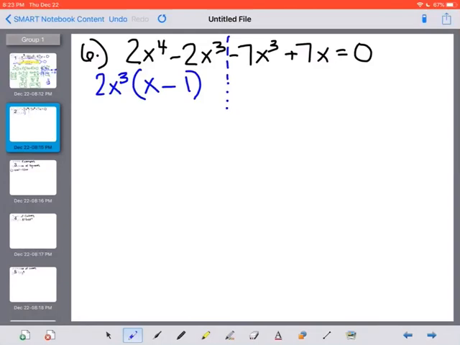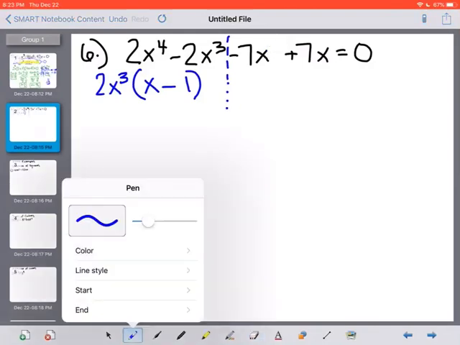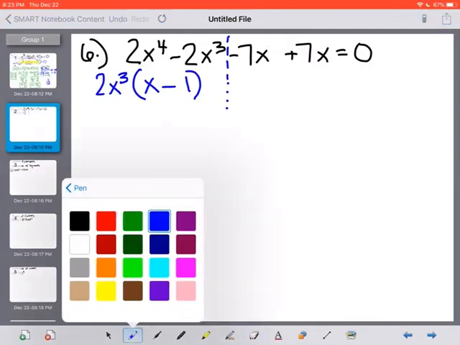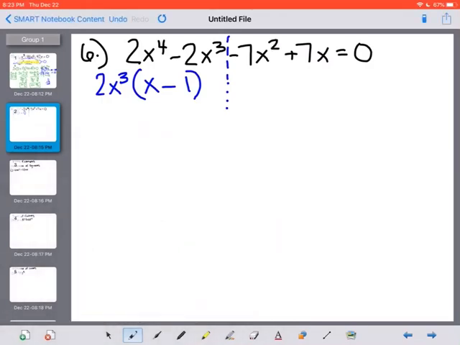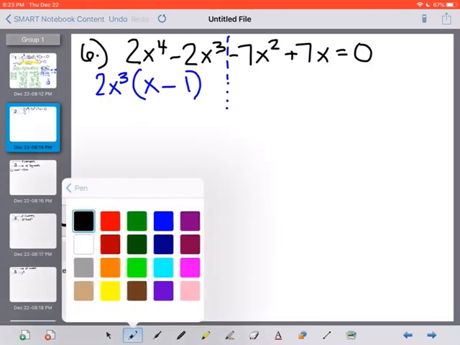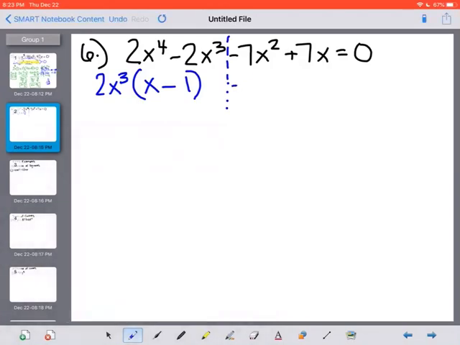So, I have 7, did I write that wrong? I think I wrote it wrong on yours. Let's see. Sorry. I think this is supposed to be a squared. So if that's the case, this would be negative 7x, and I'd be left with x minus 1 again,